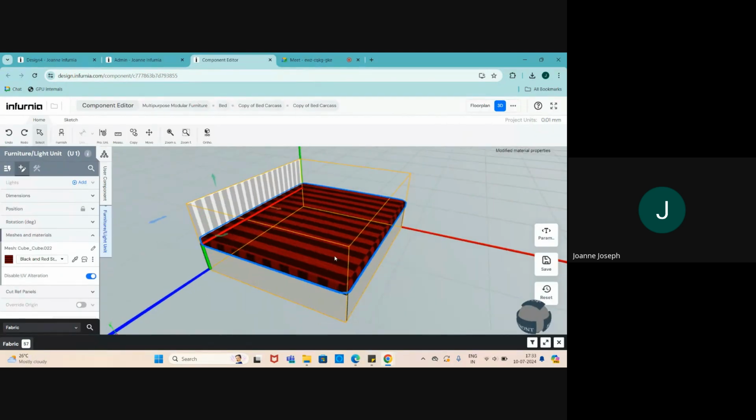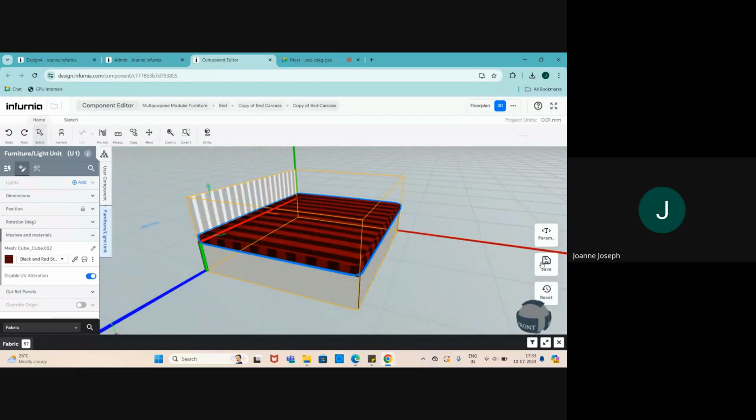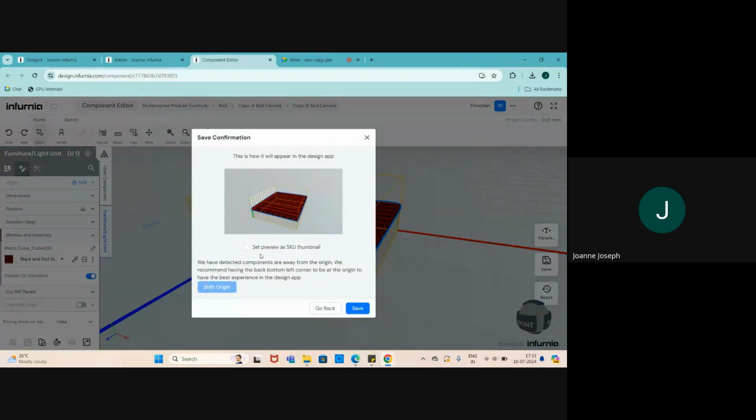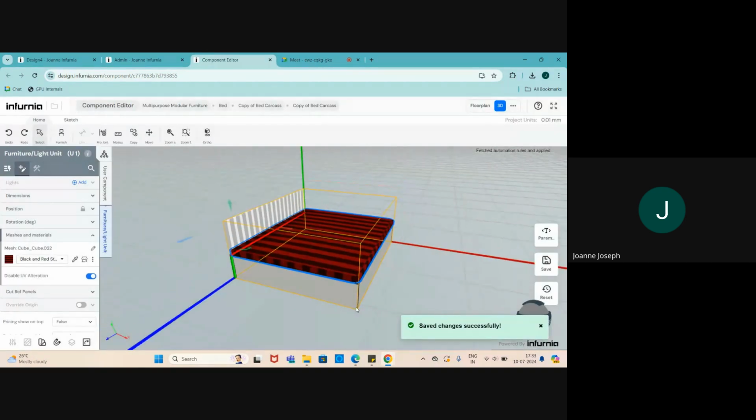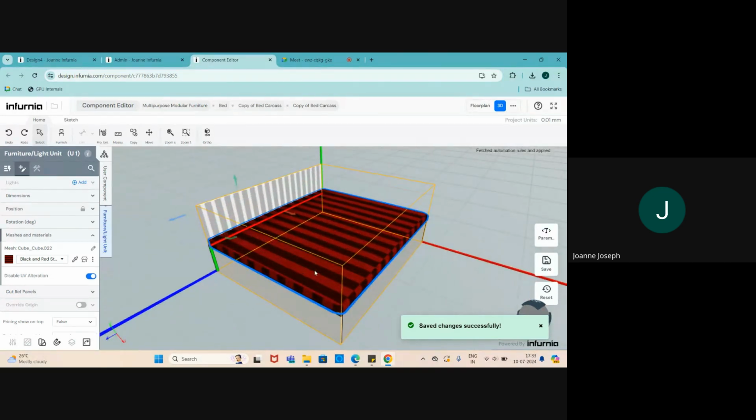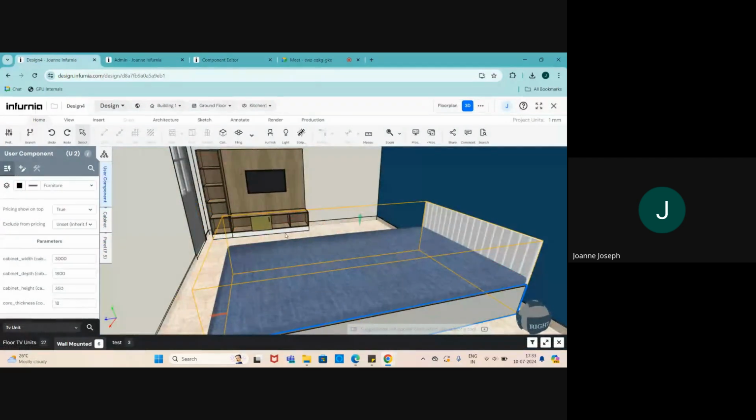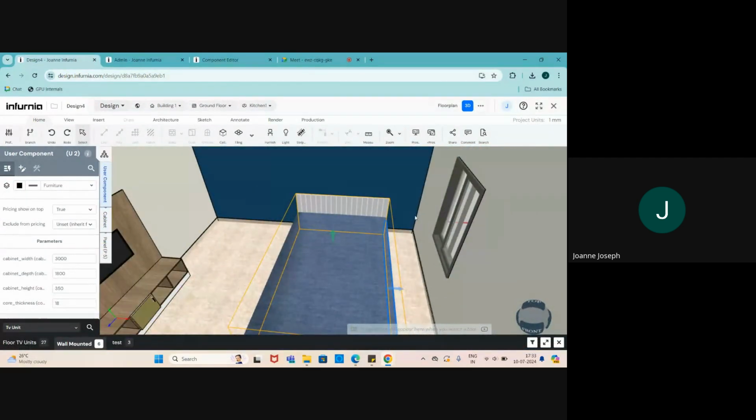And then after that, you can go ahead and select save. You can set this as a preview and you can click on save. So now when you go to your design and refresh the page,